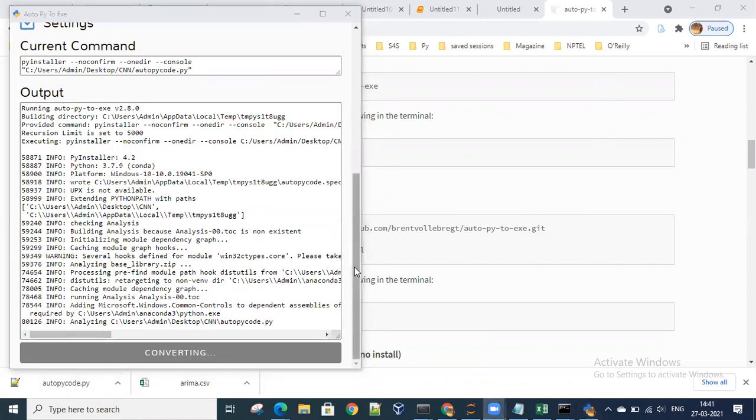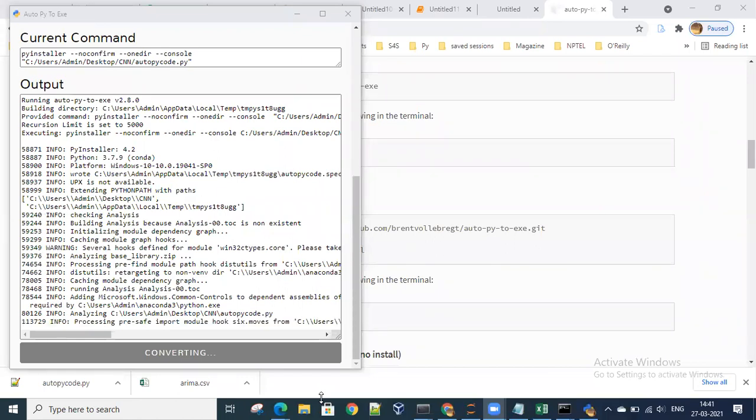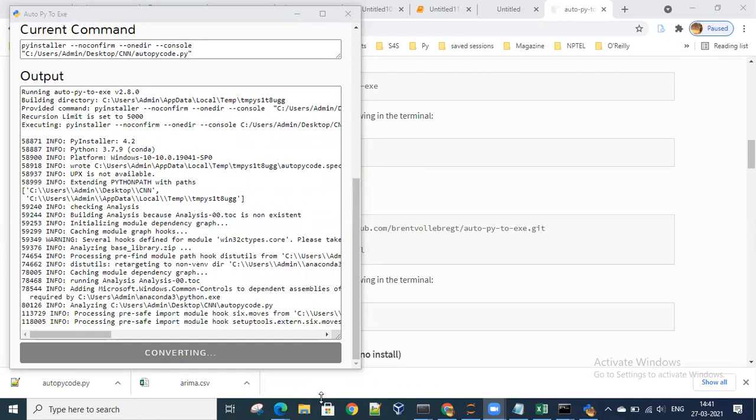Guys, I can tell you that thing till the time the exe is being made. Now, the execution of the exe further depends on whether it will be executed or not, because it also depends on my system configuration, whether it allows or doesn't allow. So after the exe has been made, you can try it on your system to see if it works or not, because this is the way to make an exe file.